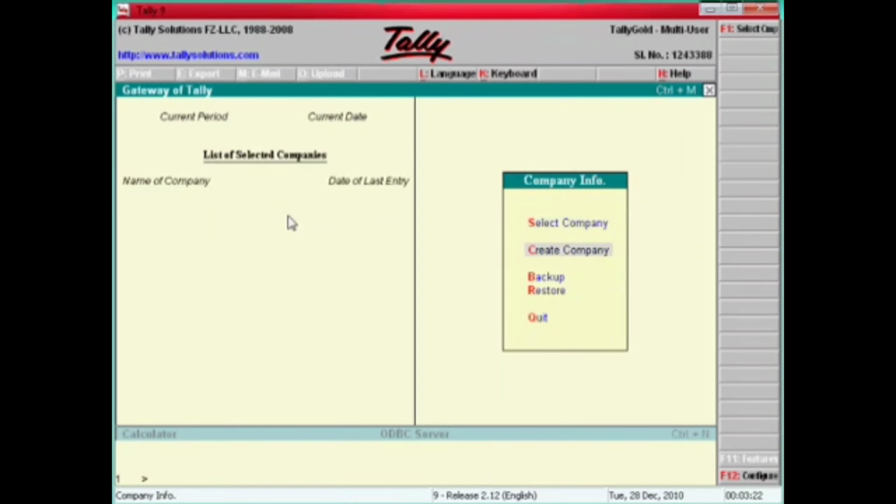Now go to here, company creation. Company creation means you have to create a company so that you can start to enter the data.